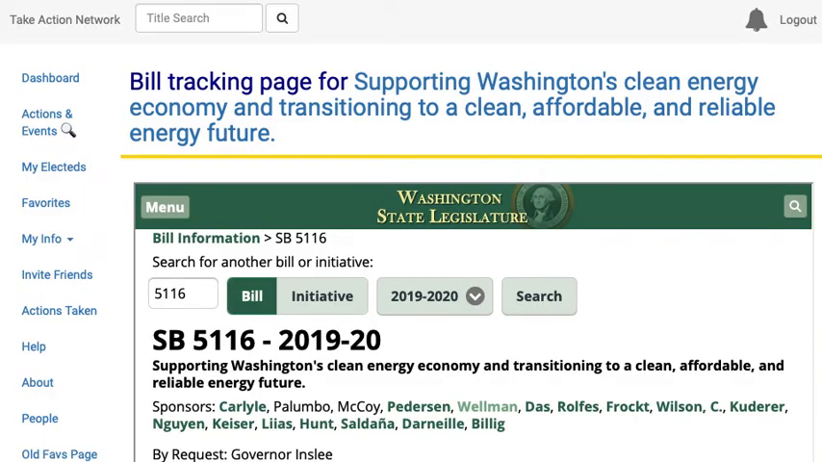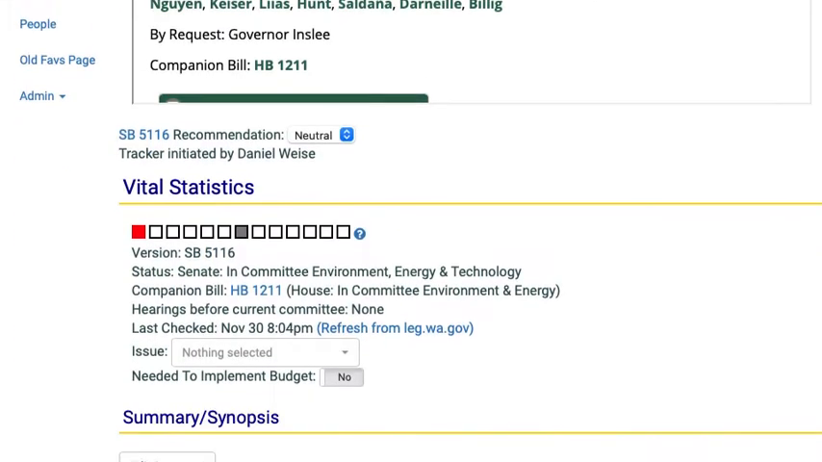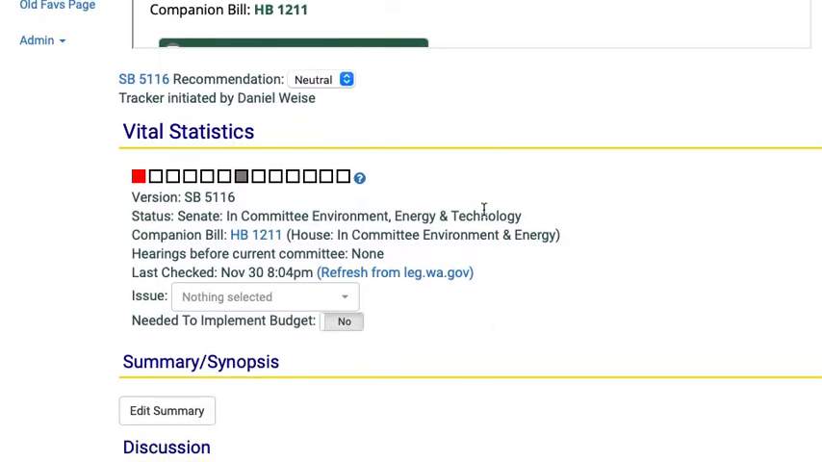Now at the top, a bill tracking page looks a bit like a bill page, but it starts out saying bill tracking page, where a bill page starts out saying bill number. You'll notice that it shares a lot with the bill page. Here's what's up about it. Here's our companion bill for it. And again, we're sort of acting like